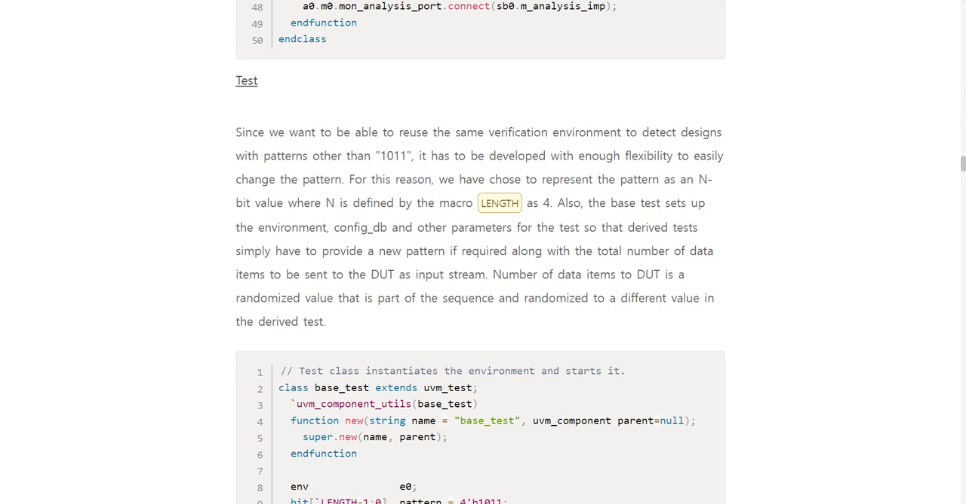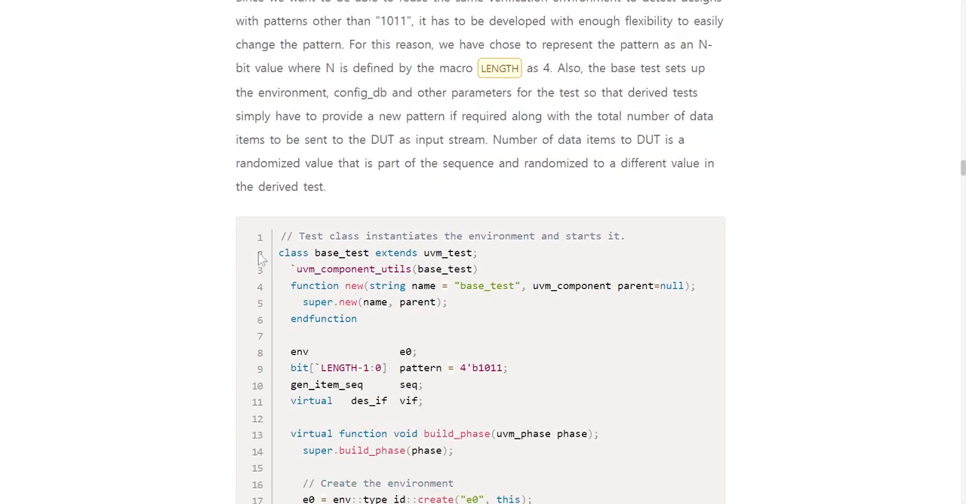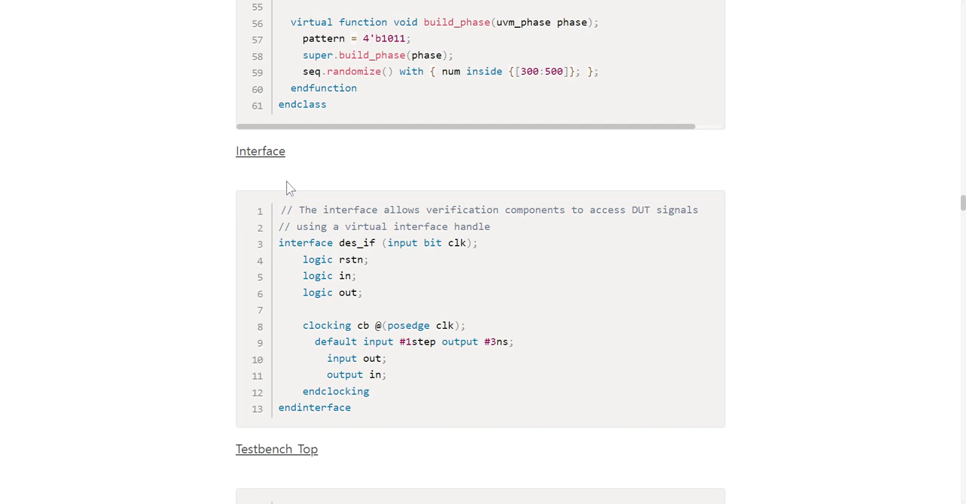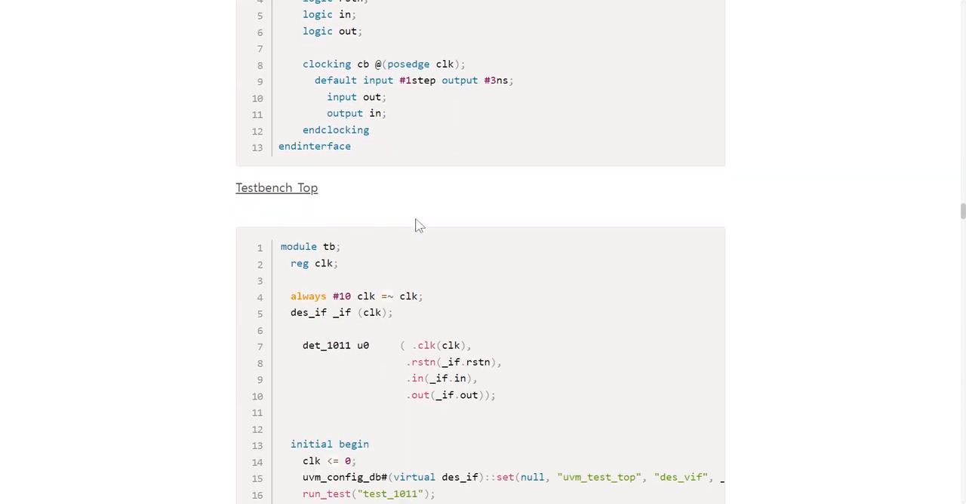The number of data items to the DUT is a randomized value that is a part of a sequence and randomizes the different values in the derived test. And interface. The interface allows the verification component to access DUT signals using a virtual interface handle. And testbench top,